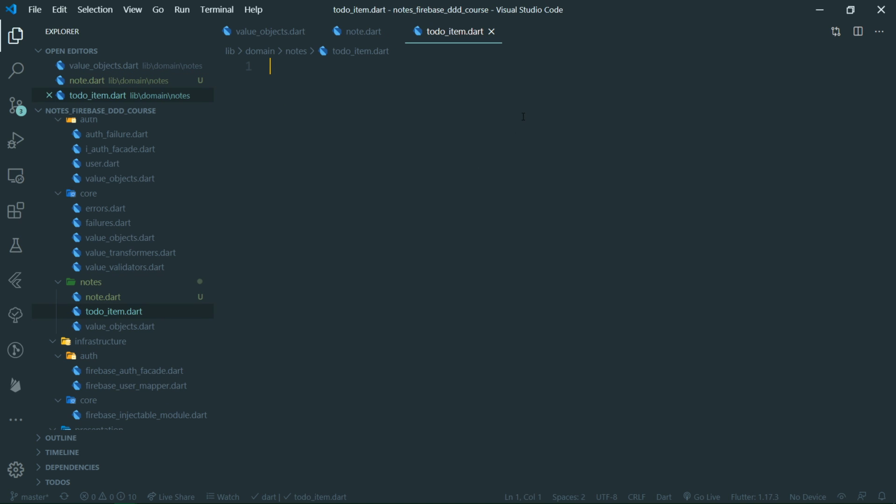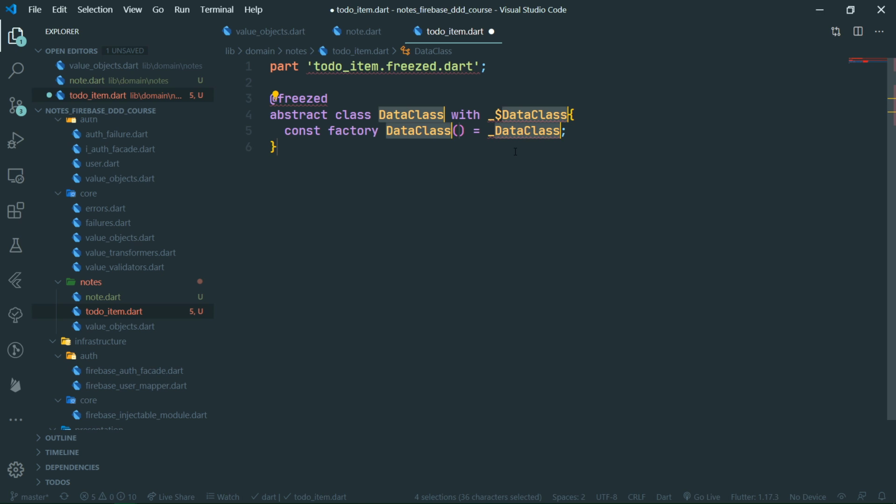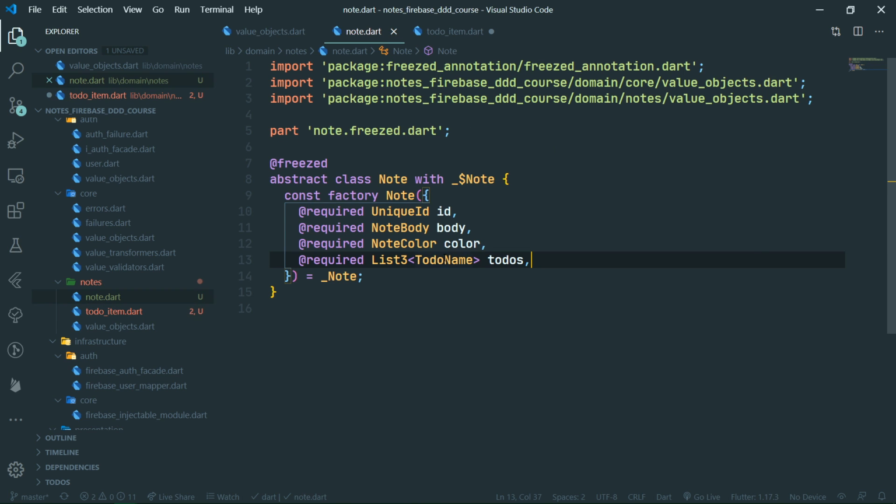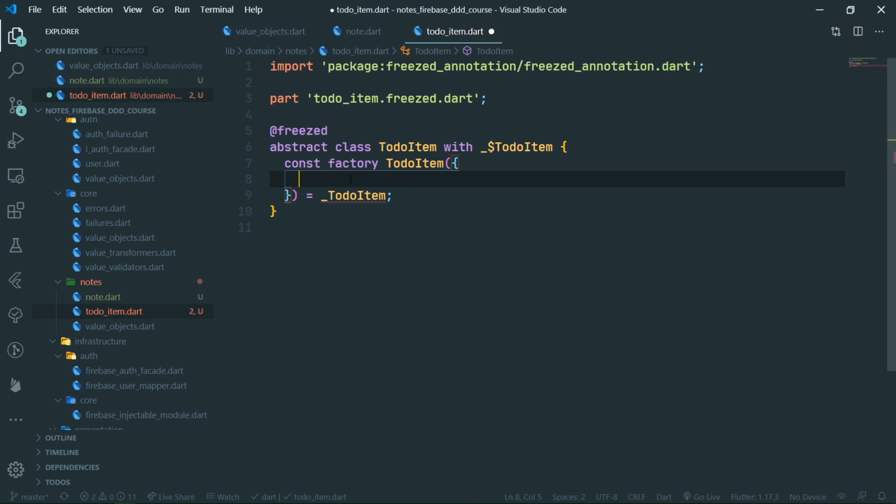And over here, it's again going to be a freezed data class. So we're going to create a part statement for the freezed package, and then also for the data class to-do item. Let's import freezed. And now we need to provide the fields even to this data class. And it's going to be precisely over here where we should include the to-do name as one of the fields